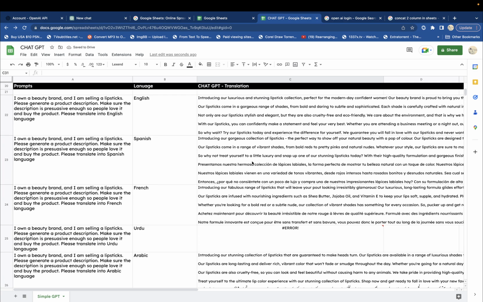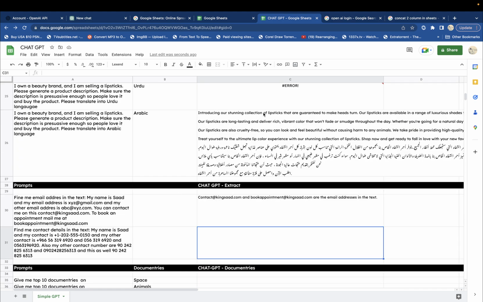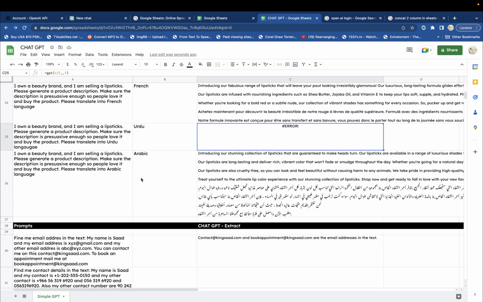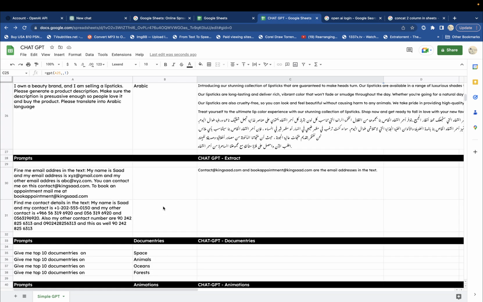As you can see, ChatGPT converted this text into Spanish. The Spanish starts from here, and similarly the French starts from here. For the Urdu it gave us some error, and for Arabic it gave us the Arabic text. Okay, so here are 1, 2, 3 and 4 emails. So it extracted 1, 2, no, actually